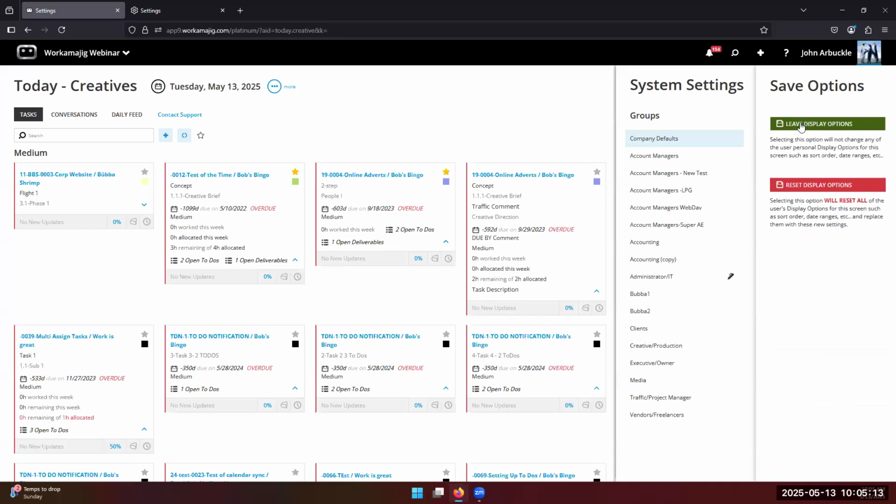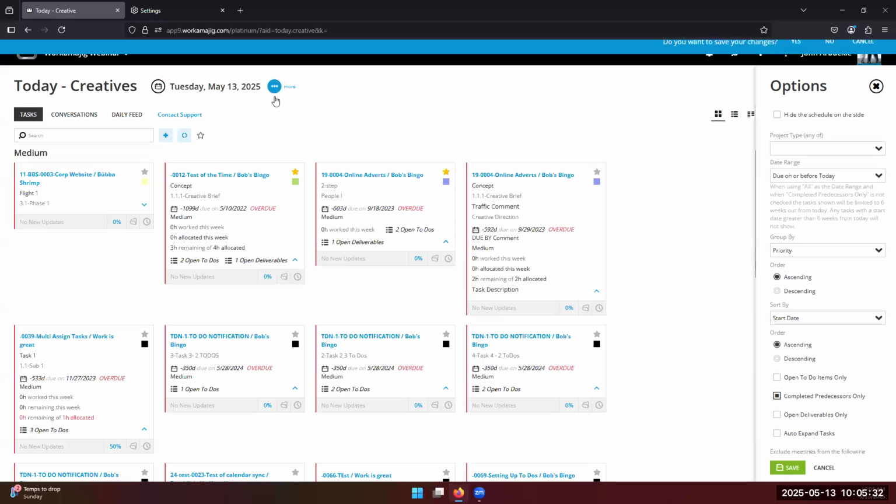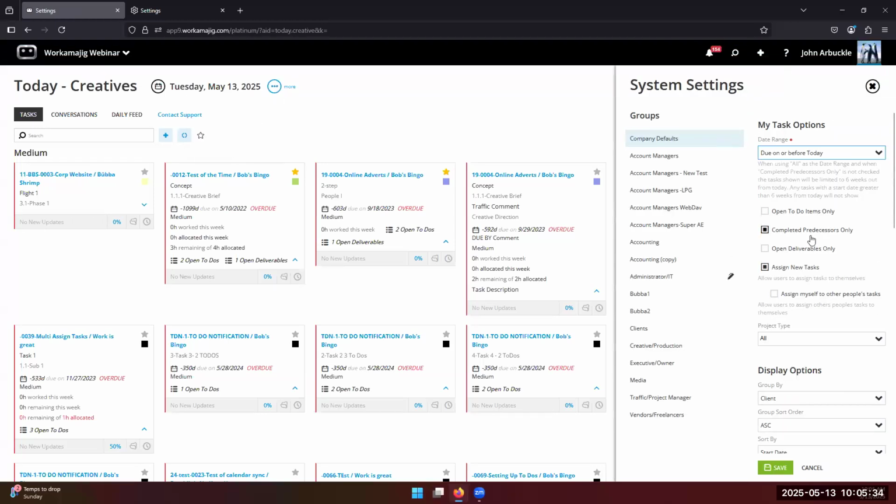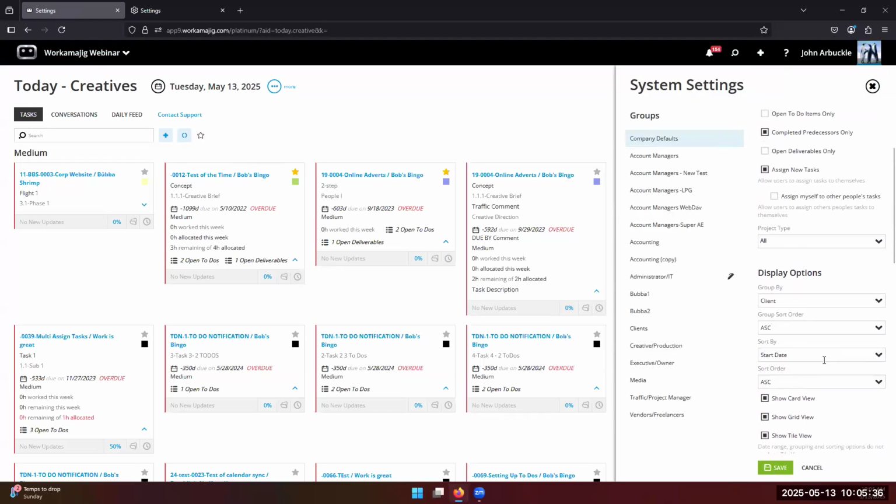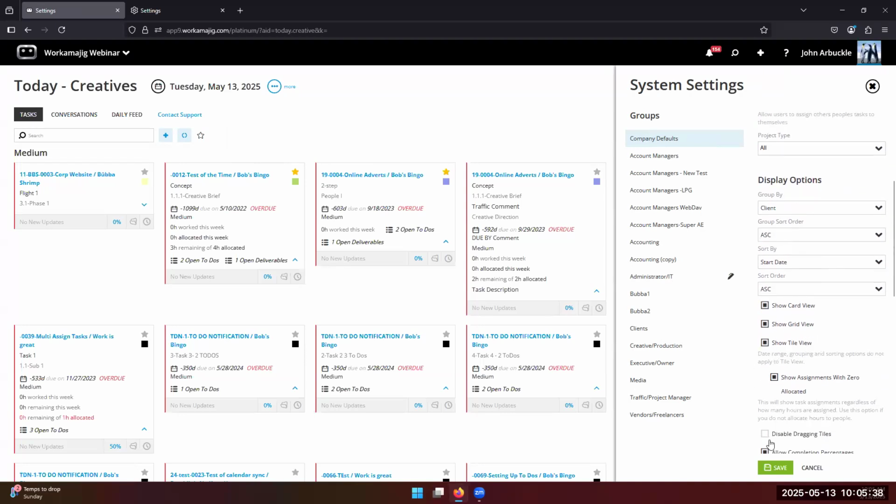Change the grouping, change whatever, leave those alone, change everybody else. I usually say the red one is blow out their settings and set it up with this. They can always go reconfigure it under display options, but that's the two settings, right? So if you go into system settings, so whatever page, system settings, and basically it'll say what can you set up for them. And then once it's done, you save, and in the save, you have that choice of the